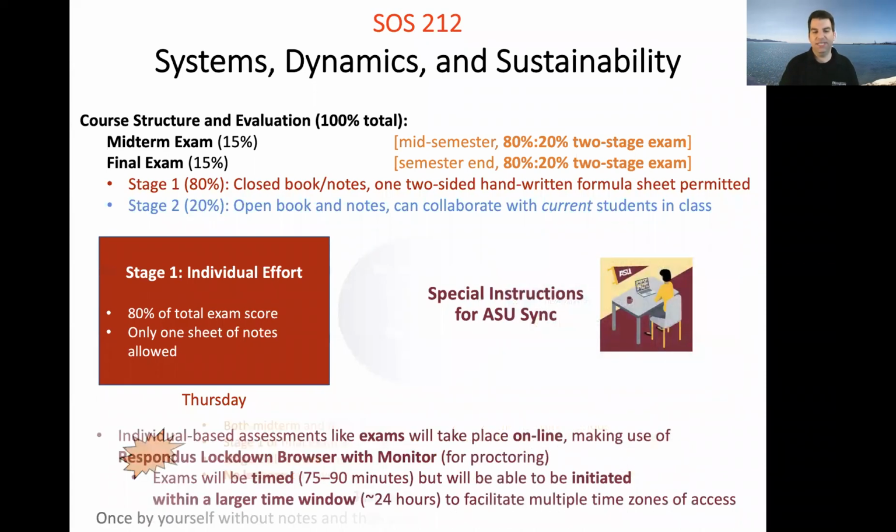And so again, the ASU Sync version of this is we're going to use Respondus for stage 1, but stage 2 you don't use Respondus. Stage 2 it's just open book, open notes. You can't use other websites, but it's kind of on the honor code. But you can use your peers, and you can use the Canvas website. So are there questions about this 2-stage exam? I know that's a little bit weird,